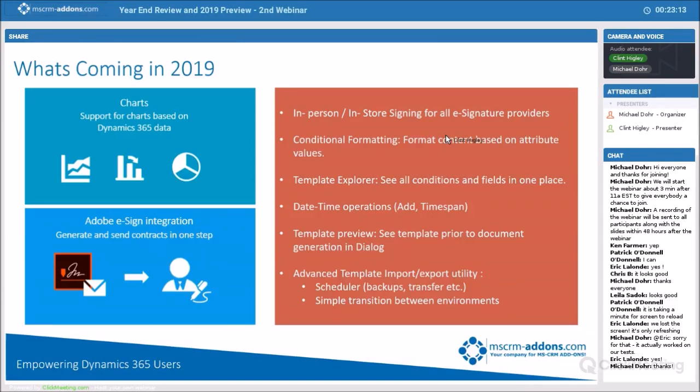Template Explorer is very, very exciting for me when you deal with templates all the time. Basically, you're going to be able to see all conditions and all fields in one place. Instead of having to scroll through your document, on the left side of your Word window you're going to have a tree, like a file explorer, that lists your conditions and your fields and everything like that. You're going to be able to click on those and go right to those fields inside of your document. So that's going to speed up